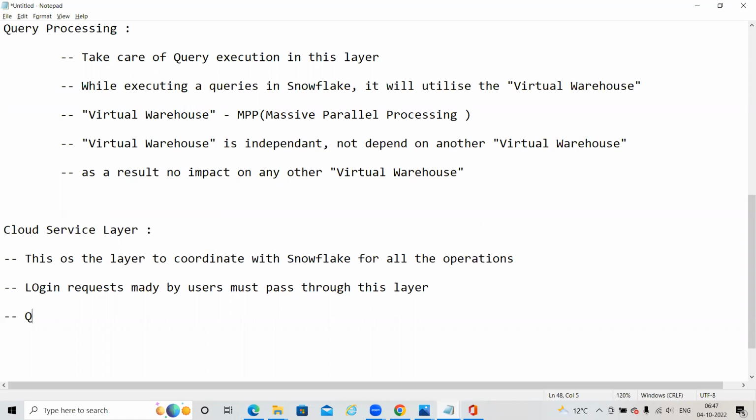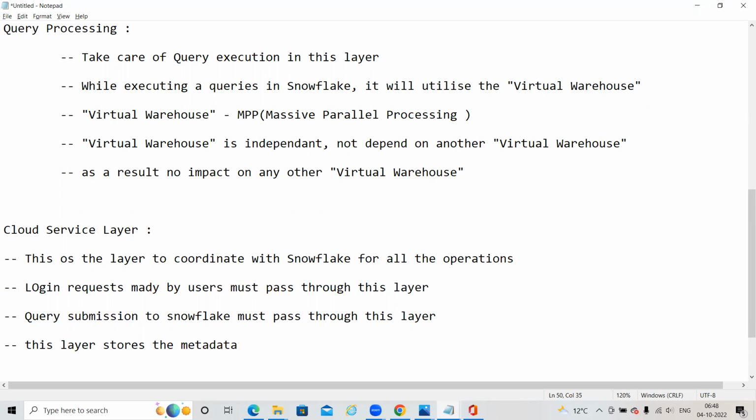Query submission must pass through this layer as well, along with metadata information.